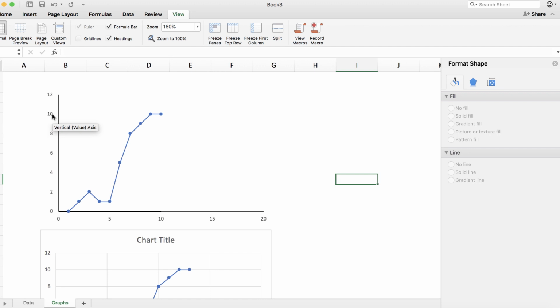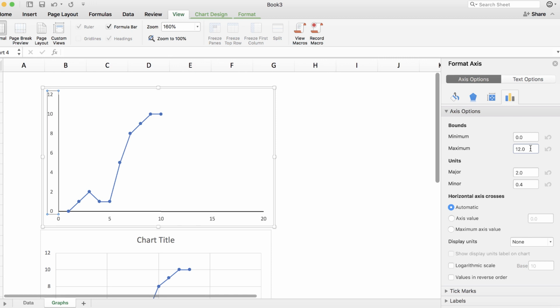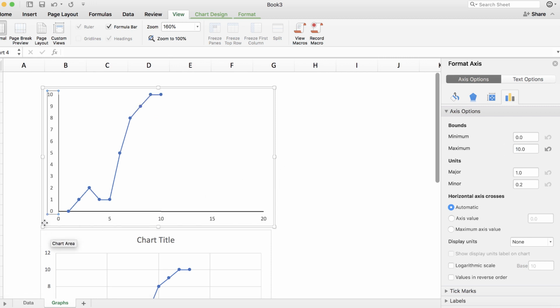Okay. All right, while we're working on the axes, remember our dependent variable was 10 as the maximum. Excel normally just automatically gives you a little bit extra, but if you're looking at this graph as a reviewer, I would assume then your dependent variable is out of 12. So to change this, we want to have this highlighted, and then you want to go to bounds. And so the maximum that you want is 10. Enter that. This is also where you can change it. Let's say that it's out of 100. So just for example,